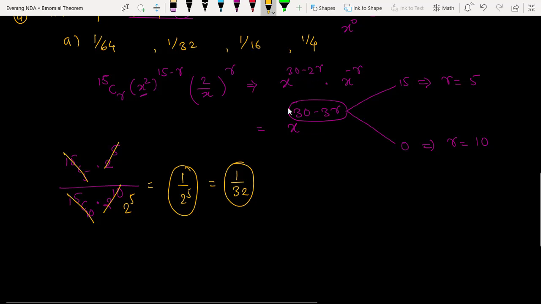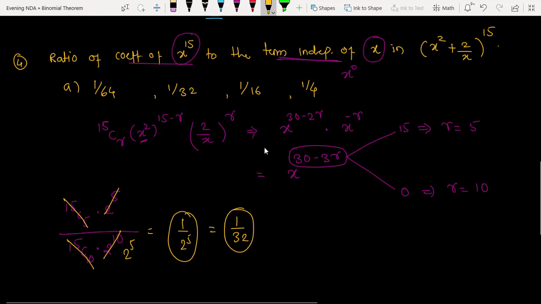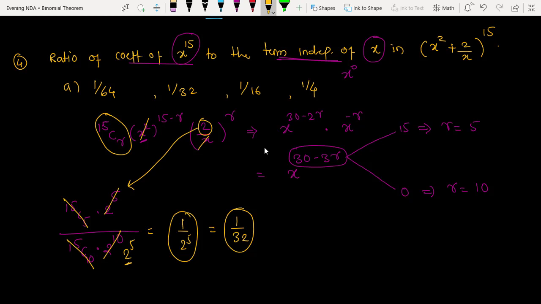सर वो 2 to the power 5 का बताएं किसको कौन सा वाला? ये वाला? नीचे सर वो 15c5 into 2 to the power 5, यहाँ से आर की वैल्यू हम लोगों ने 5 सब्स्टिट्यूट कर रहे हैं. They have asked for the coefficient. Okay, coefficient means other than x. x नहीं आएगा, दो बार किया ना. So this 2 to the power 5 has come here. Got it, sir. Okay, thank you.